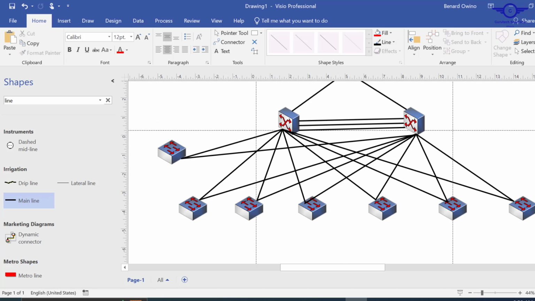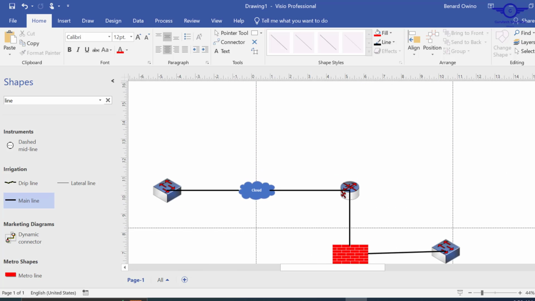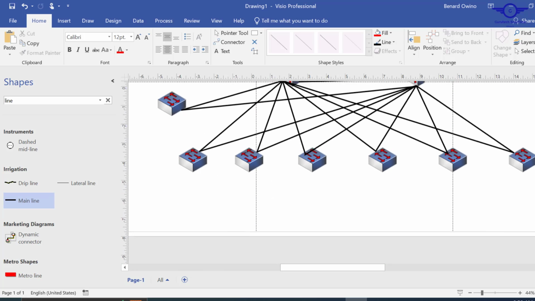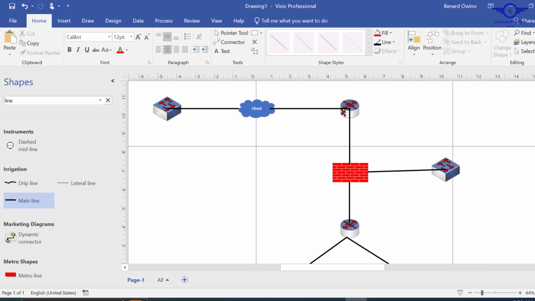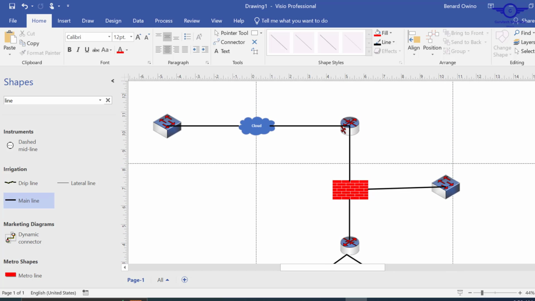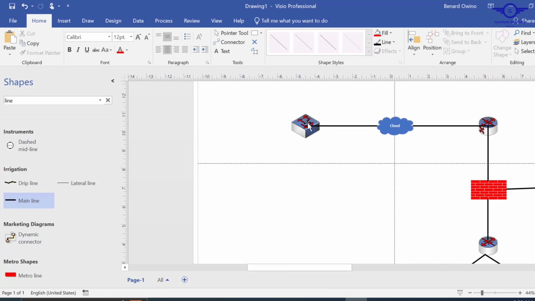Okay, so as you can see, we've connected all the access layer switches, the multi-layer switches, the routers, the firewall, the ISP router, the cloud, and all the components, as expected, right? So what I'm going to do now is very simple. I'm going to connect the endpoints. And to connect the endpoints, I'll start with the cloud infrastructure. Under the cloud infrastructure, we add several components. For example, we add